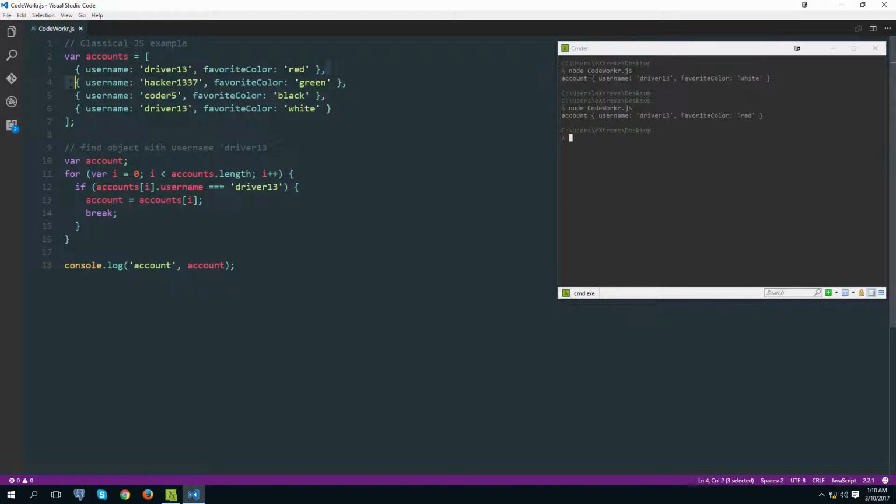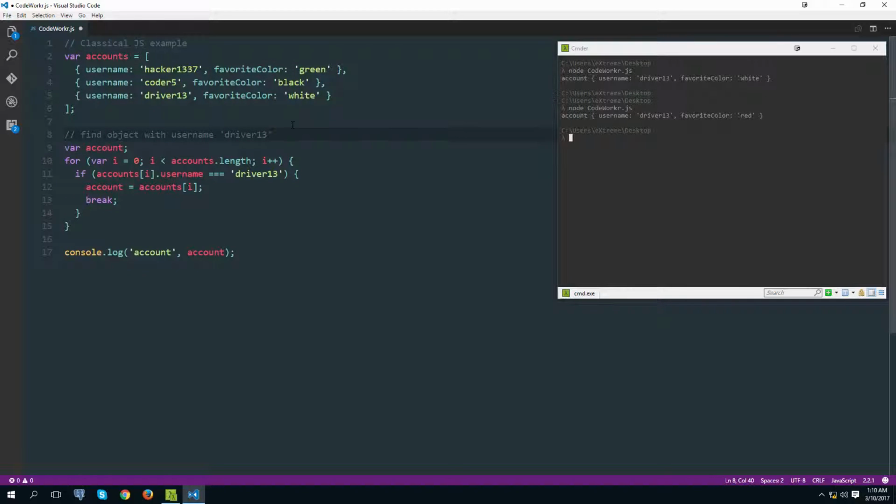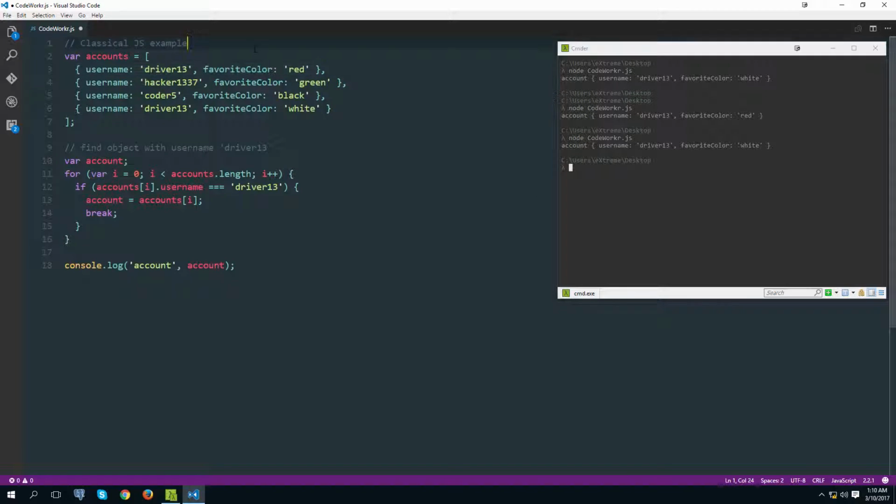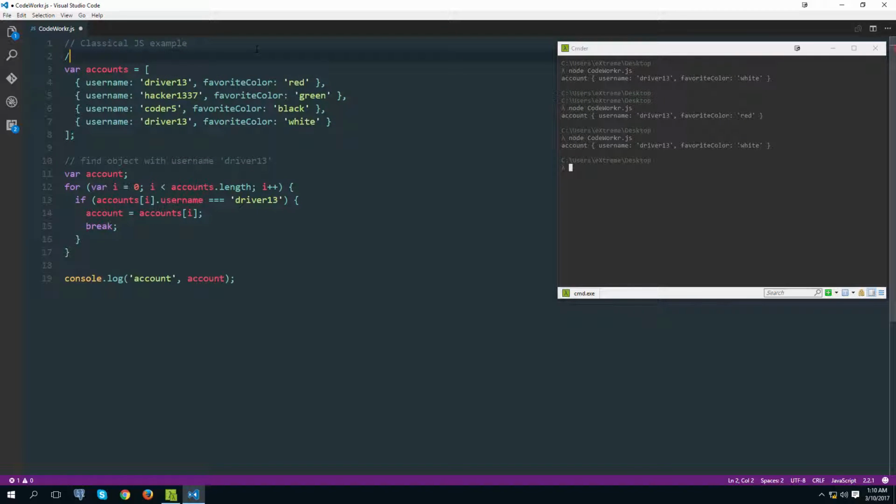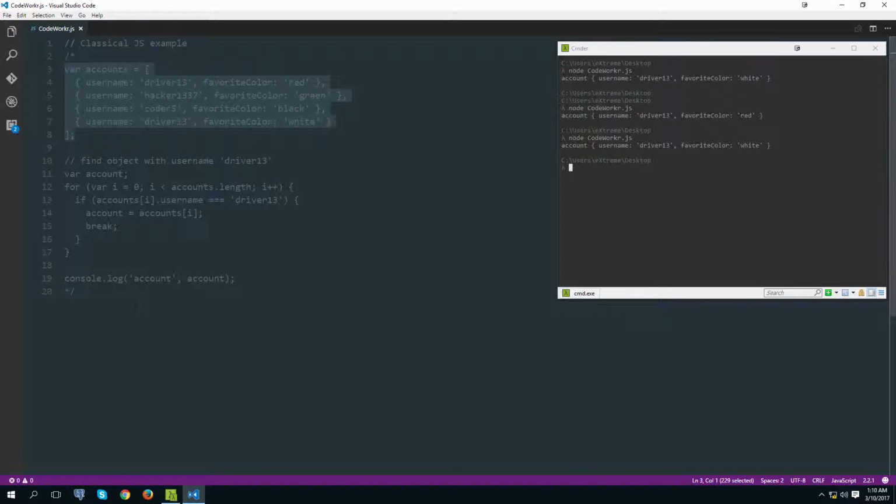That's of course unless we simply remove this line of code. Now we should see the driver 13 with a favorite color of white, as you can see here. Okay, so with that out of the way,